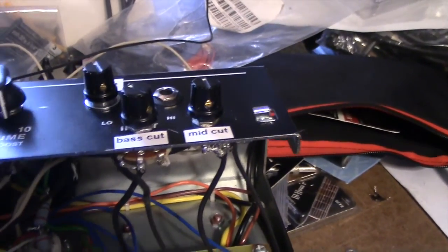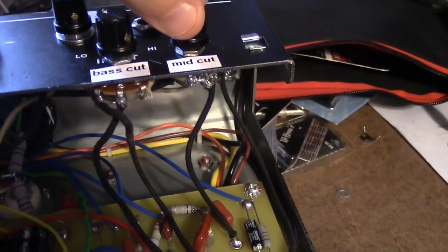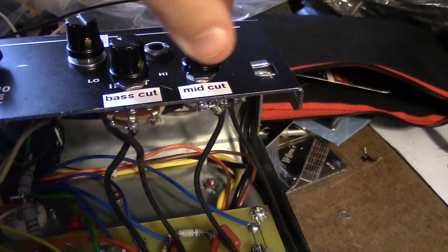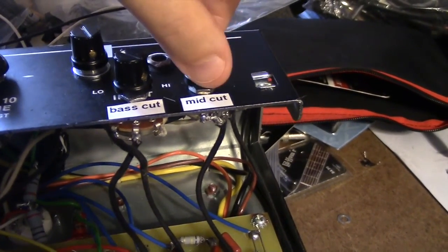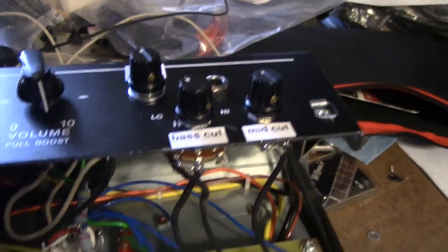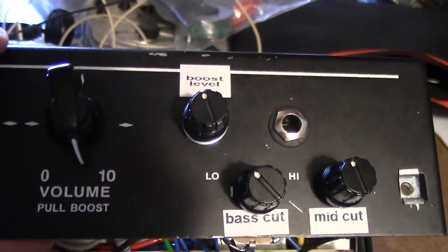I find that the mid cut specifically really changes the sound drastically if you cut it all the way out and really clean, or you can add a whole lot of mids. That's probably a lot more effective than the bass. It's a good one. And then this one ended up being the best for the mid cut and the boost